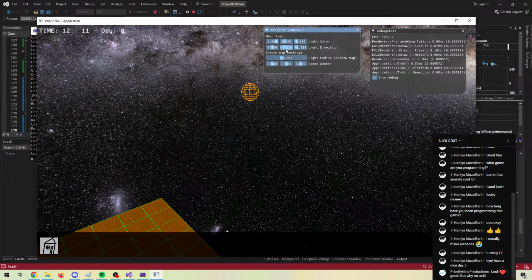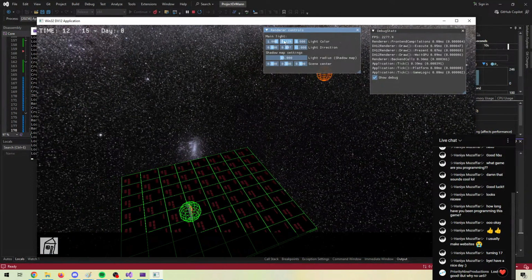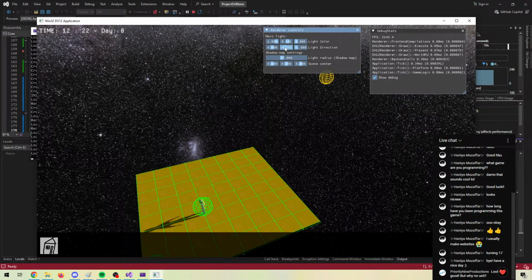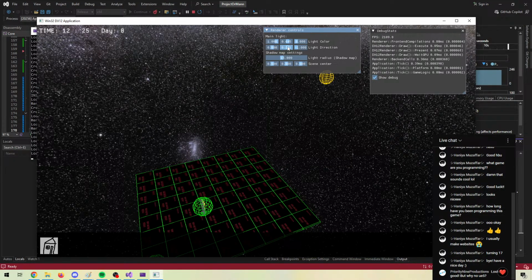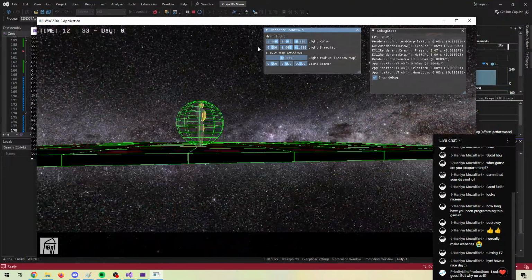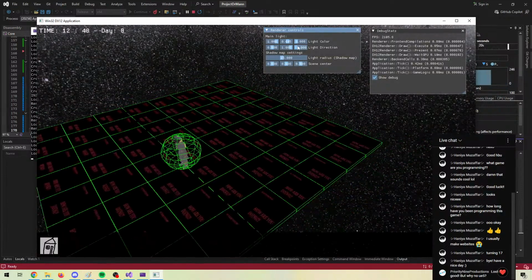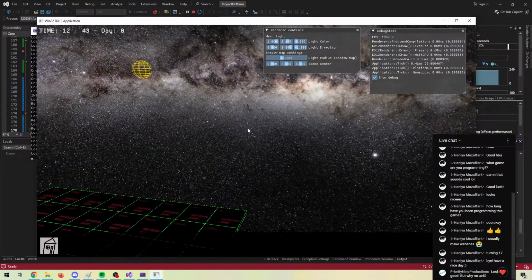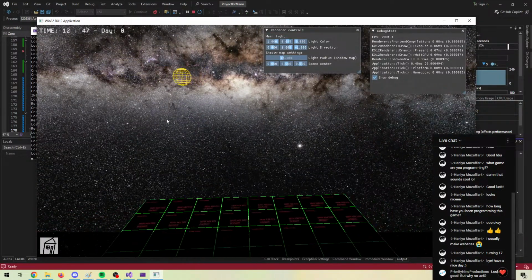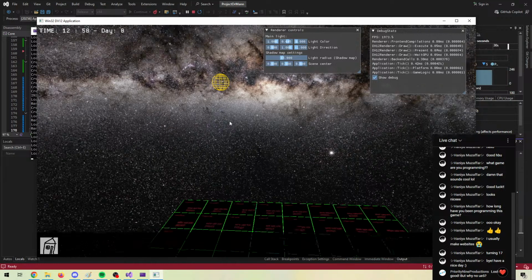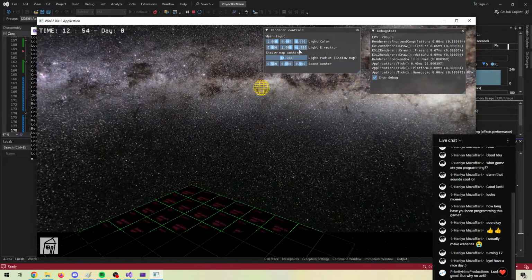If I move it down the horizon, now it's under the scene. If we take our camera down here, everything is lit on the underlying side. So I would like this debug primitive to move up and down according to the lights, but